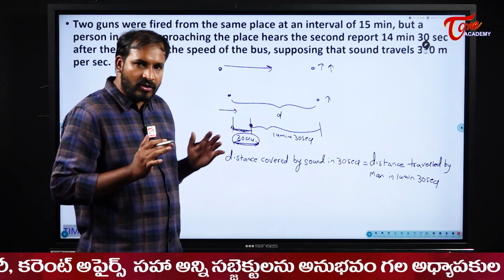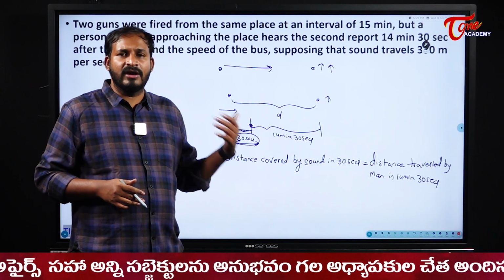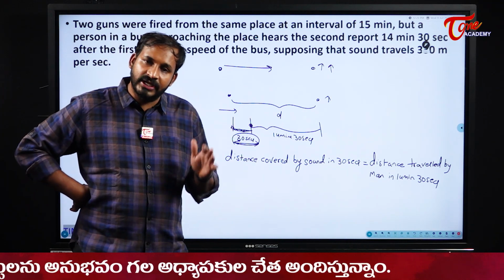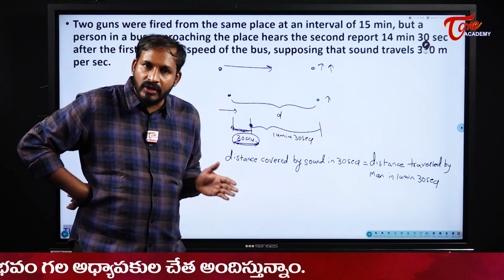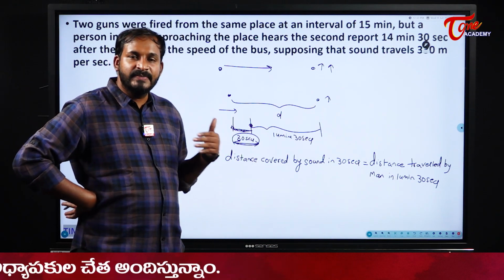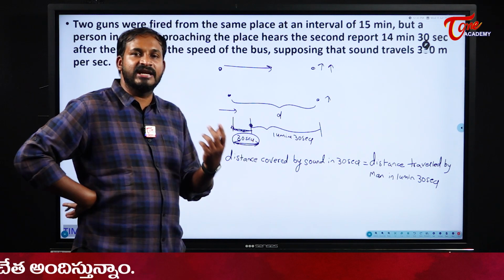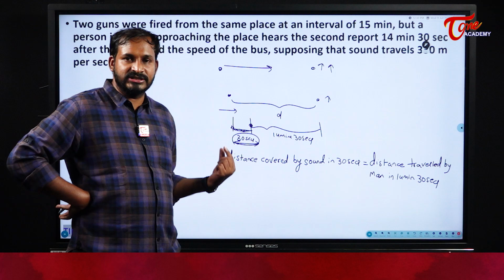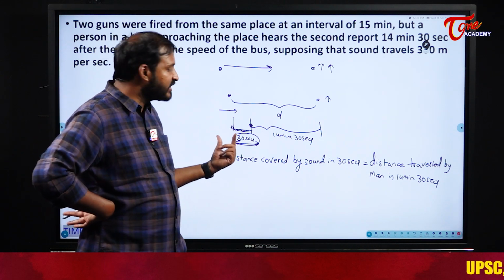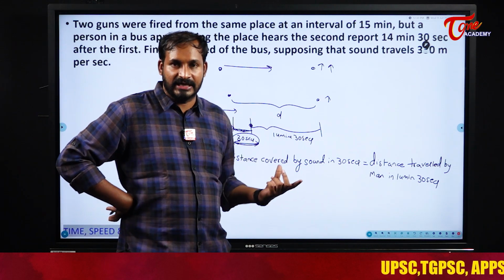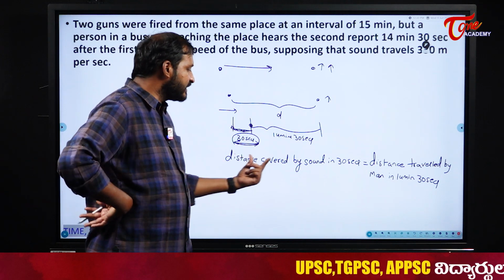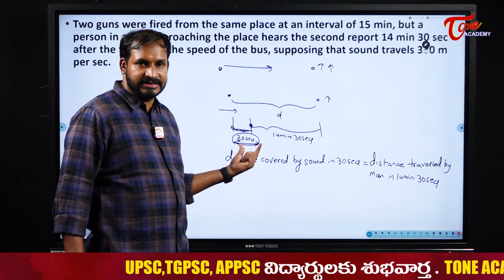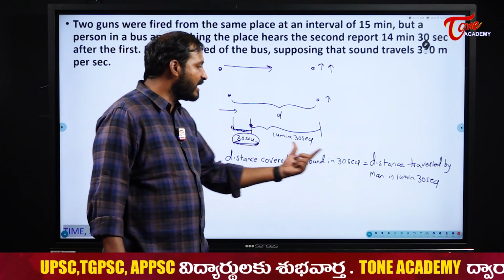See, if he is not travelling, if he is idle, definitely he would have heard the second sound also after 15 minutes. But is he idle? No, he is approaching that place. He is going towards that place. That means because of his movement, the sound lost a journey of 30 seconds. That means this 30 seconds of travel was lost by the sound because of the journey of that man for 14 minutes 30 seconds. So that is the reason: the distance covered by sound in 30 seconds is the same distance covered by the man in